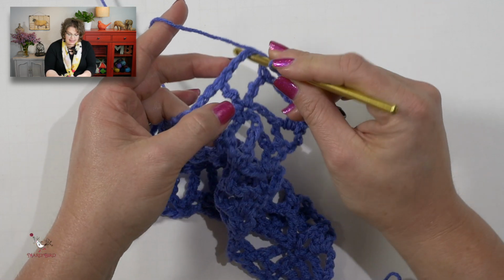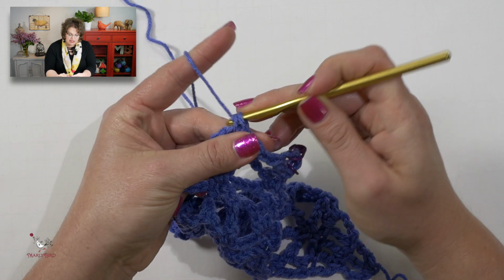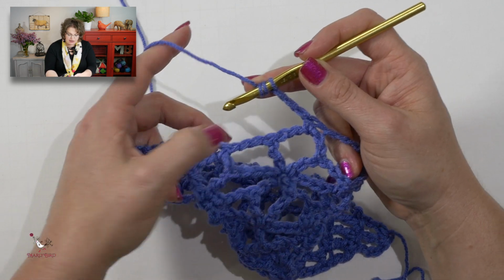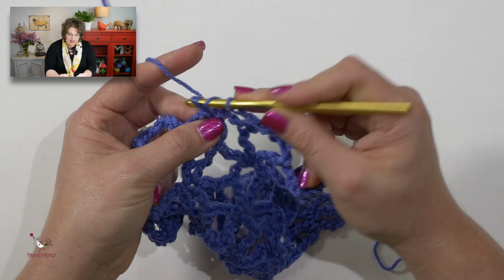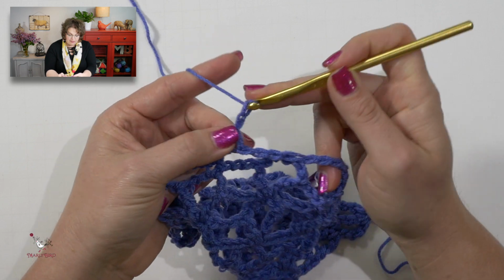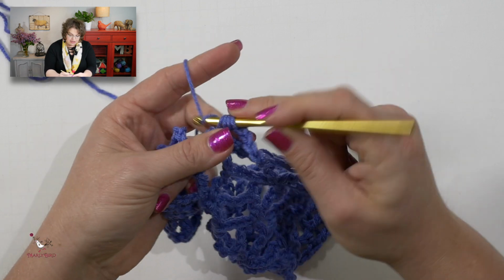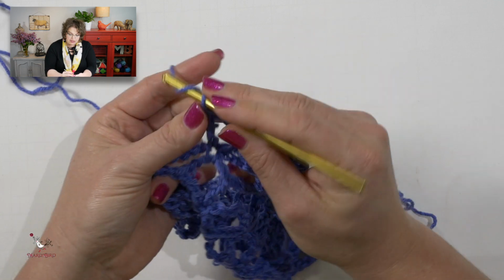I will put a single crochet into the chain 5 space of my large V-stitch, chain 3, put a large V-stitch into the next single crochet, so I skip all of this, come all the way over here to this single crochet, and put a treble, chain 5, and a treble, all into that same single crochet. We've been doing this all along, so this is nothing new. Now I will do chain 3,